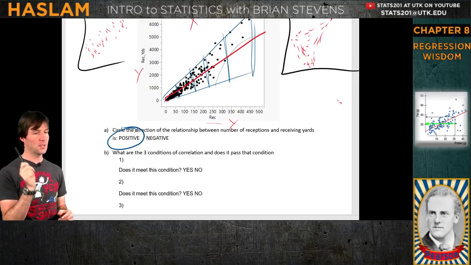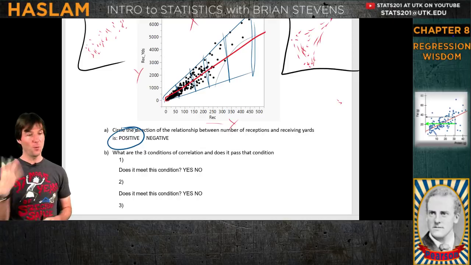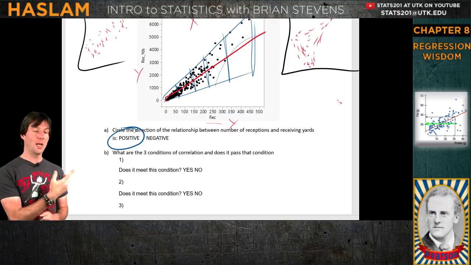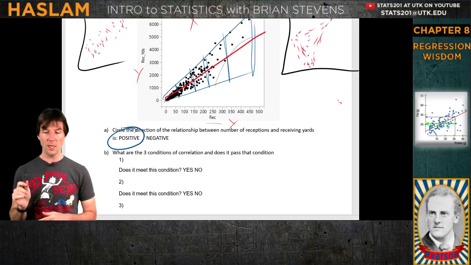Because I say this all the time. And then we ask QQ, straight enough, no outliers. And then the 4th one is plot doesn't thicken, which we kind of just talked about right there. And you'll see this later on, because I've looked through a few of these. QQ, straight enough, no outliers.